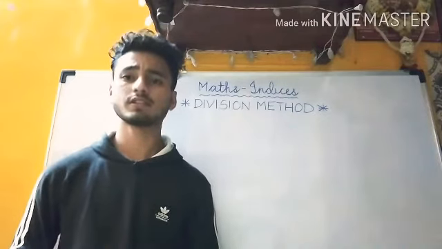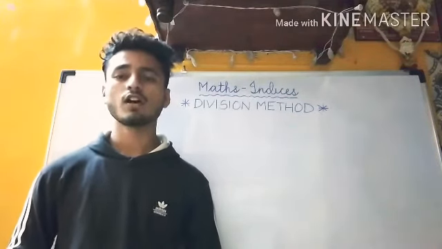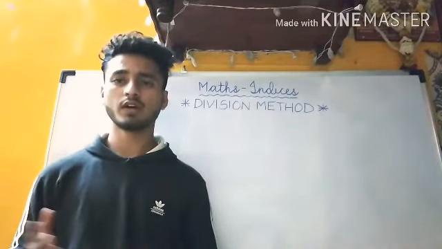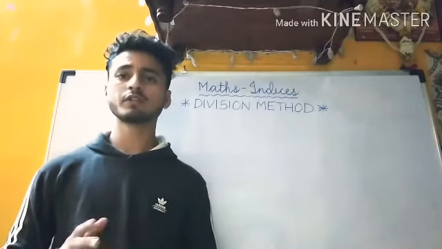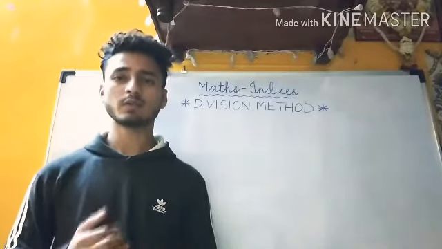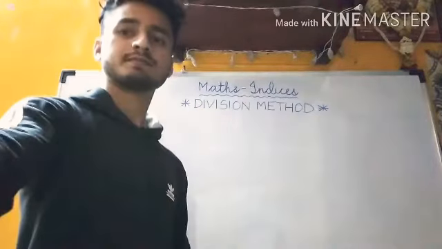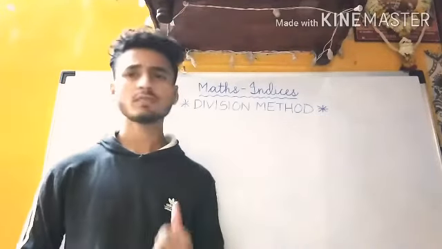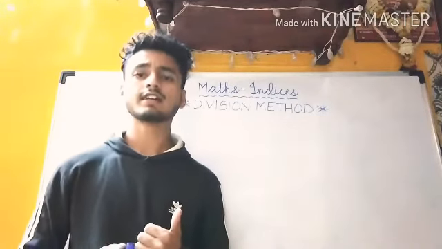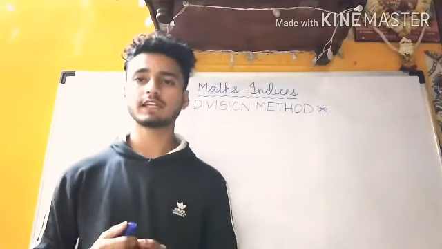In the previous lecture, I had given you a small homework of finding the squares from 1 to 100. I hope you have completed that homework because we are going to use that as a reference while learning this method. So let's begin. The first step in this method is that you have to make pairs of the given number.